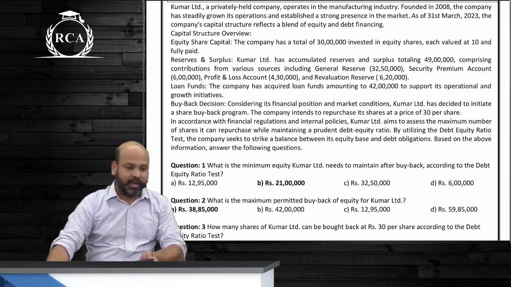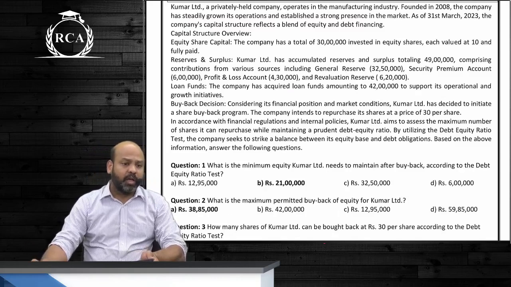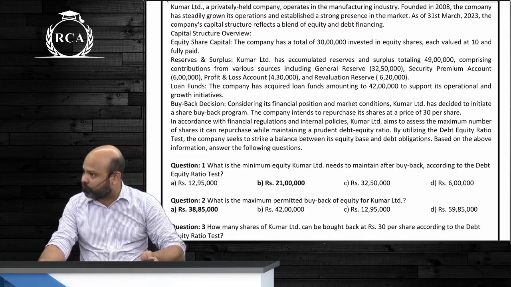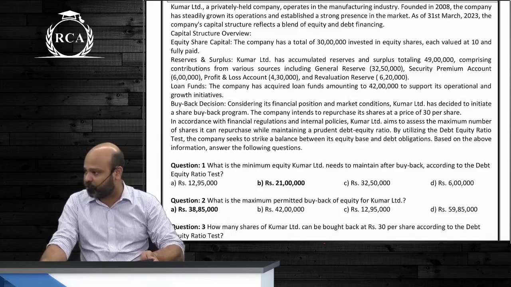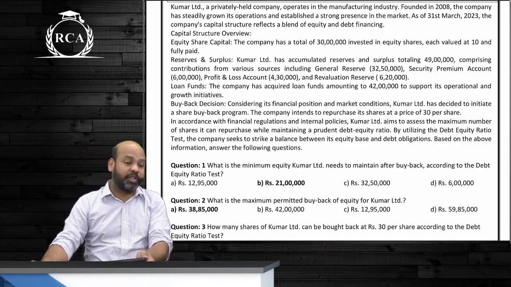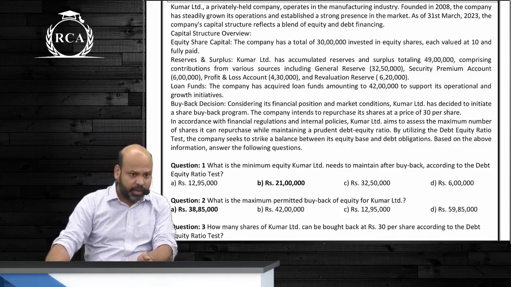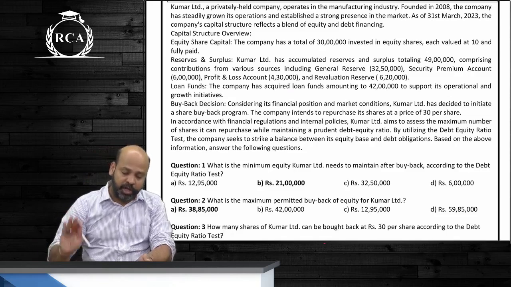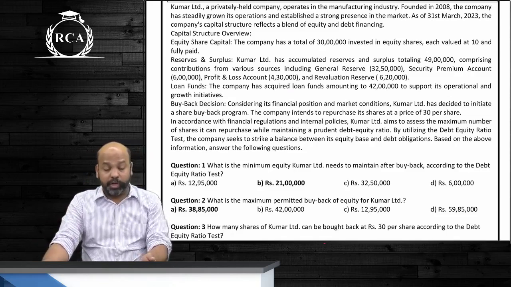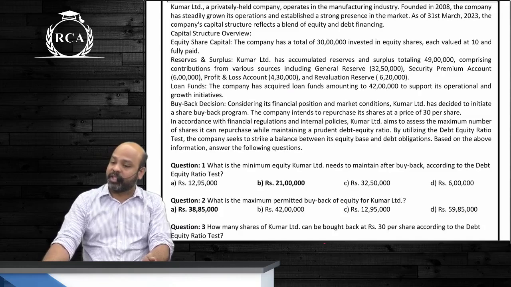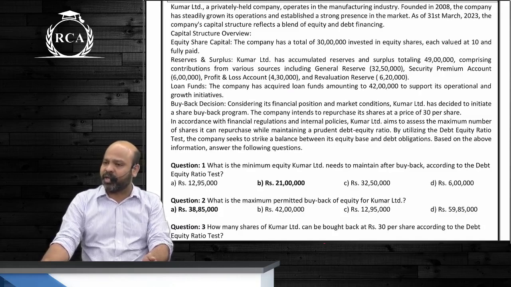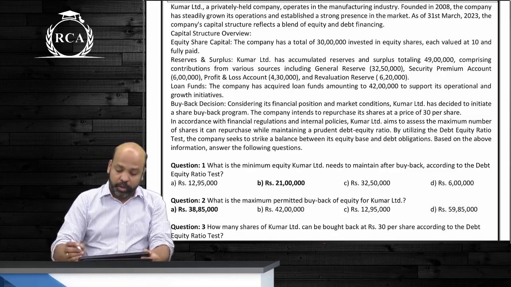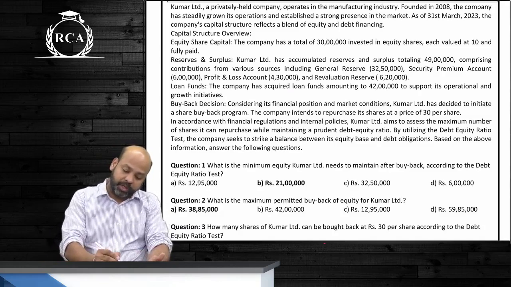What you should remember, beta, is that for this debt equity ratio, because you're buying back equity shares, you will transfer an amount equal to face value to CRR. Even that CRR should not be included in the definition of equity. So in case the face value of the share is 10 rupees, guys, and you're buying back at 30 rupees, you will have to divide by 30 plus 10, 40 rupees. I hope you recall that, beta. You will not simply divide by 30. Actual reduction in equity is only 30 rupees. But we are also transferring 10 rupees to CRR, which in turn will not be included in the definition of equity. That is, I'll have to divide it by 40 rupees. So here, guys, they've given us that we have a total capital of 30 lakh rupees, guys.